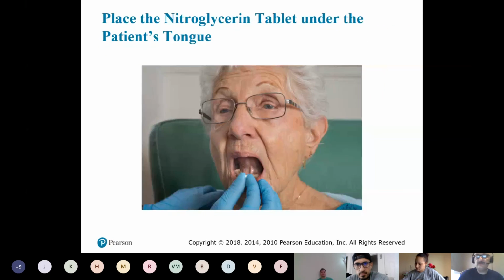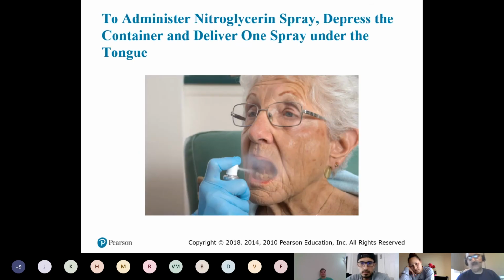And then she takes one out into the cap. Normally you would give it to the patient, tell them to put it under their tongue. You could still put it under their tongue, but just make sure you document that you assisted the patient in self-administering the medication. If it's a spray, although I'd be a little bit closer because look at where that spray is going. So you want to get close to the tongue, underneath the tongue, have them raise up their tongue and